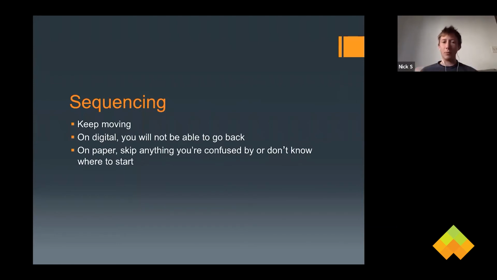On paper, I recommend doing the test basically in two passes. So the first time going through, you only answer questions that you confidently, definitely know how to do. Out of 55 questions, it's fine if that's only 10 or 15 questions. That is no sweat. That is to be expected. On your second pass, you go through and do everything that initially you were confused about or weren't sure where to start. So if you read a question the first time and you don't even know what it's really asking or how it's related to the stimulus at all,